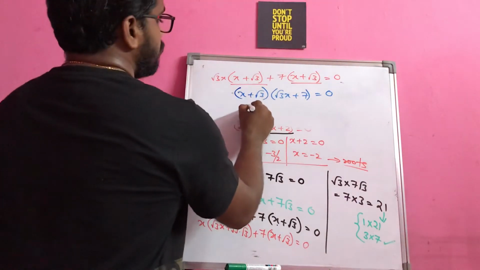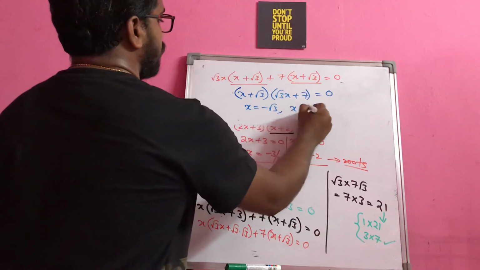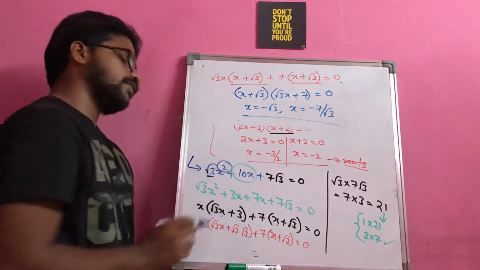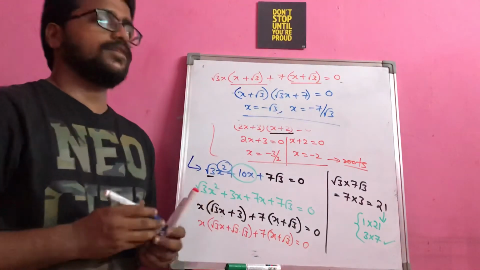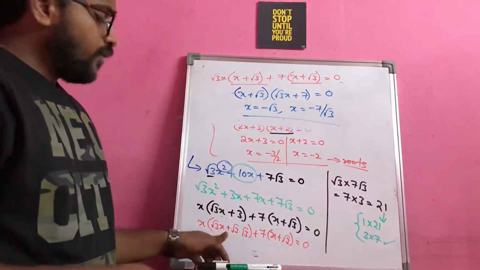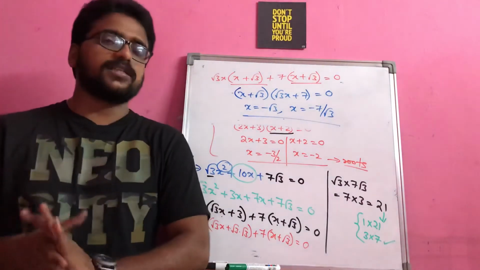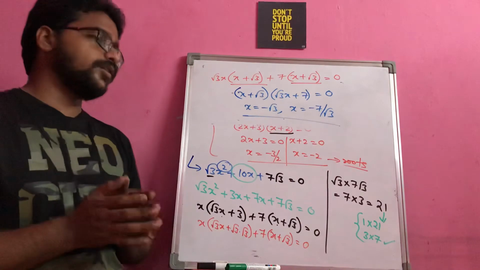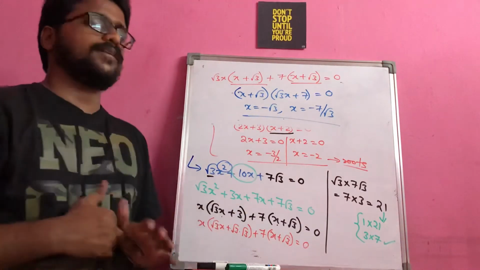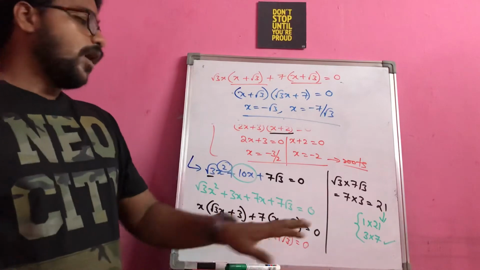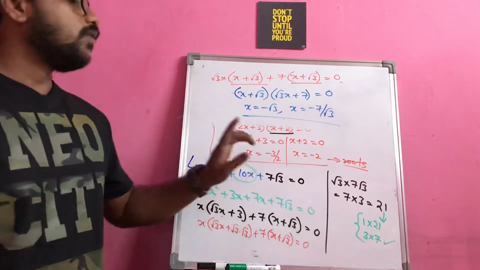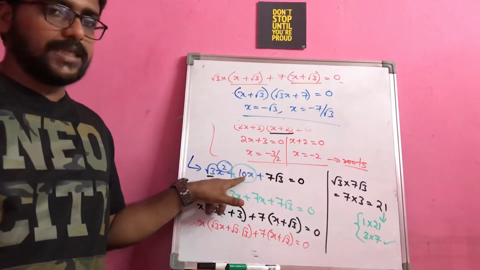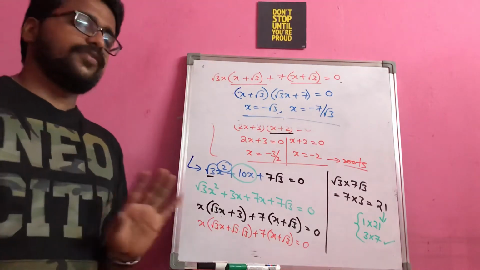So that means x is equal to minus root 3 is one root, and x is equal to minus 7 by root 3 is the other root. As this is a quadratic equation, you will get two zeros for this equation, right? Whether it is rational coefficients or irrational coefficients, our procedure won't get affected. First step is you have to take the product of the coefficient of x square and the constant and then do the further factorization. Out of these possible factors that you got, what are the chances for getting the middle term here? Middle term means always the x coefficient, and then try to do the further factorization, that's it.